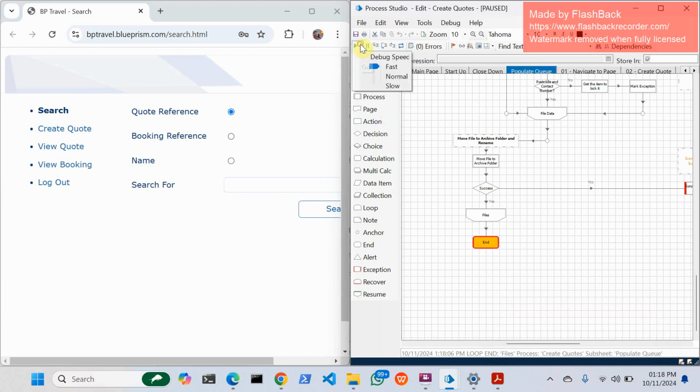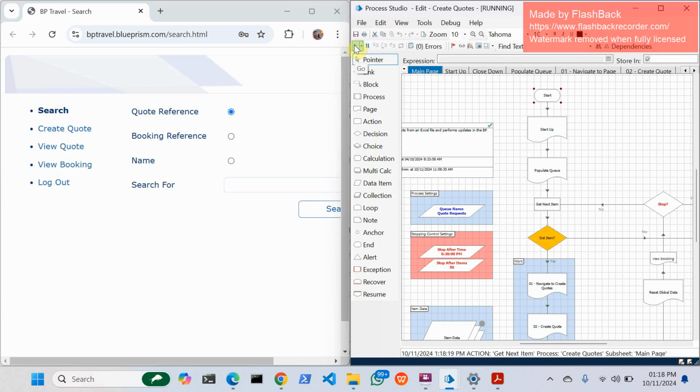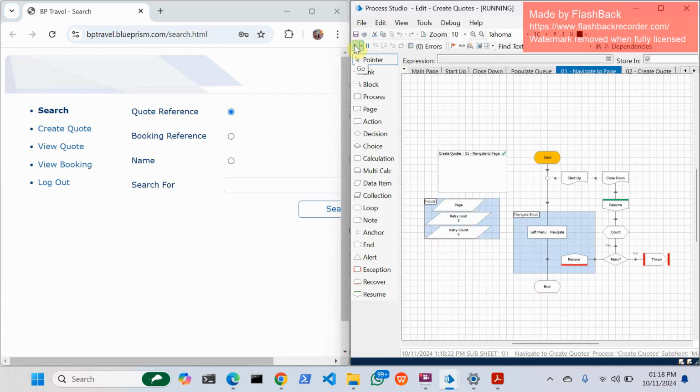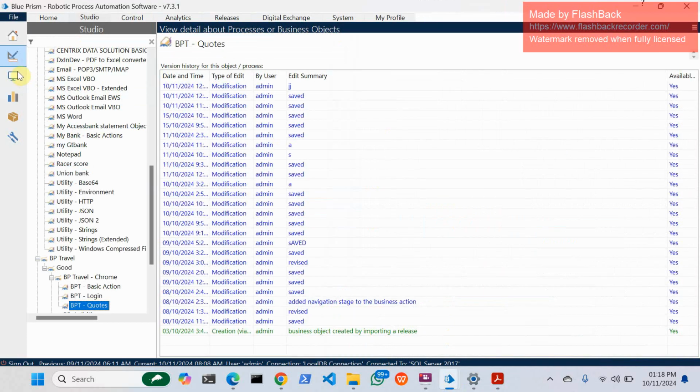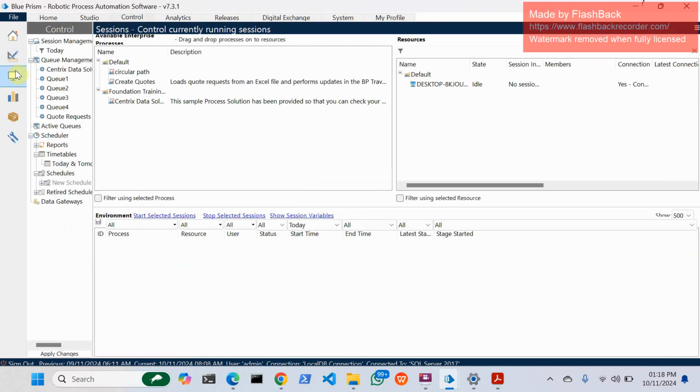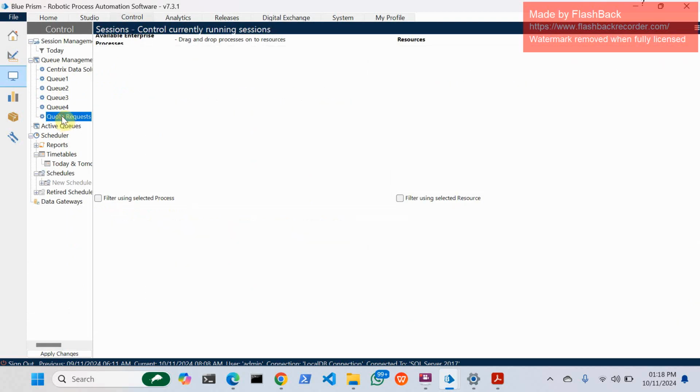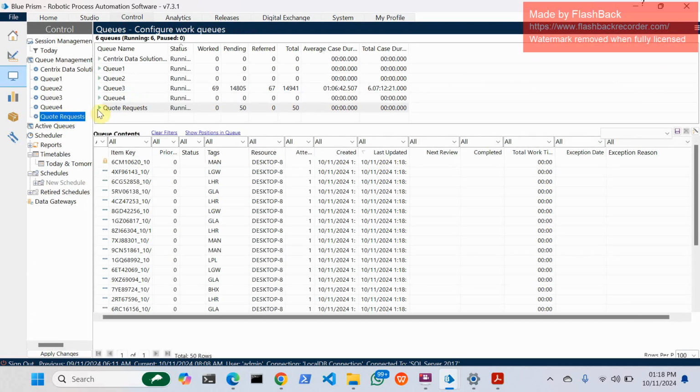So now let's continue our process. Now it's getting the next item. How do I know it's getting the next item? Now let me show you what our work queue looks like. Yeah, so this is the work queue. It shows that 50 items have been added to the queue, and